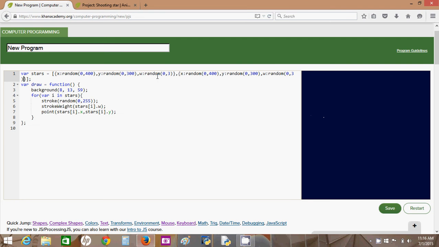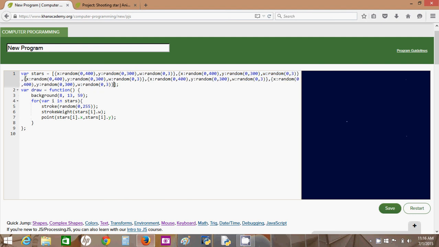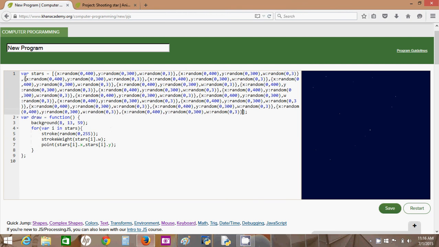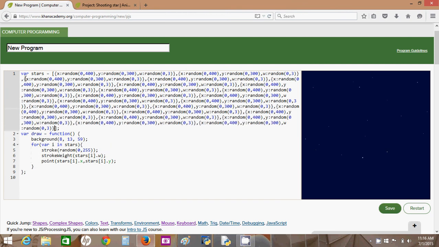So again, each of these sets of curly braces is a single object in the array representing a single star, and each star has its own X, Y, and W properties. And then I just take one of these and put a whole bunch of them up there. And I have a nice static